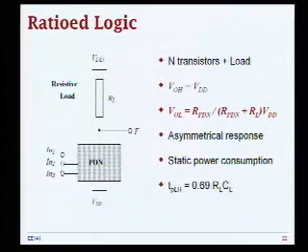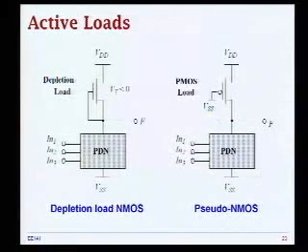VOL, looking at the DC characteristics now, is equal basically to this resistive divider: the equivalent resistance of the pull-down divided by pull-down plus R load, times VDD. And as a result, you have an asymmetrical response. You no longer have standard complementary CMOS 0 to VDD, but you have some VOL to VDD. Static power consumption is bad, and the low to high delay, assuming that your switching threshold is in the middle between VOL and VDD, is 0.69 R load C load. Now these are some of the ways you can implement this